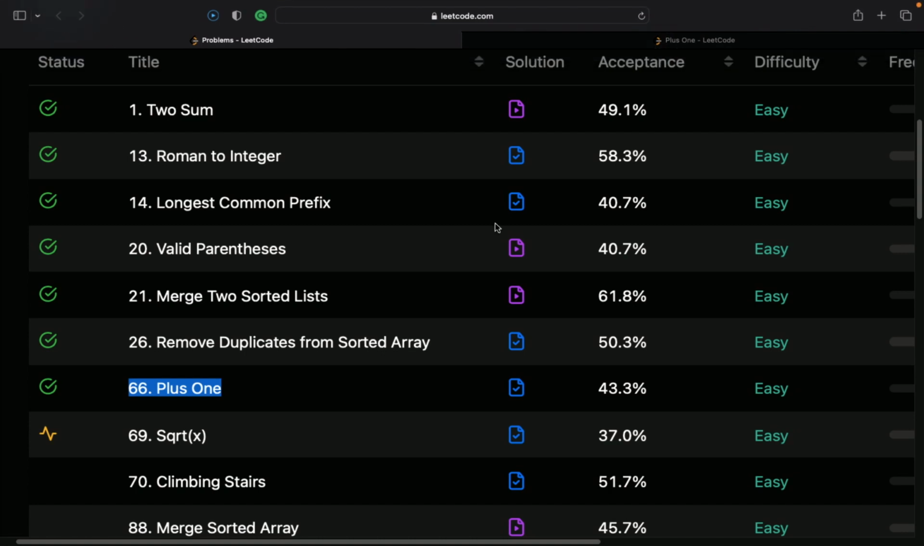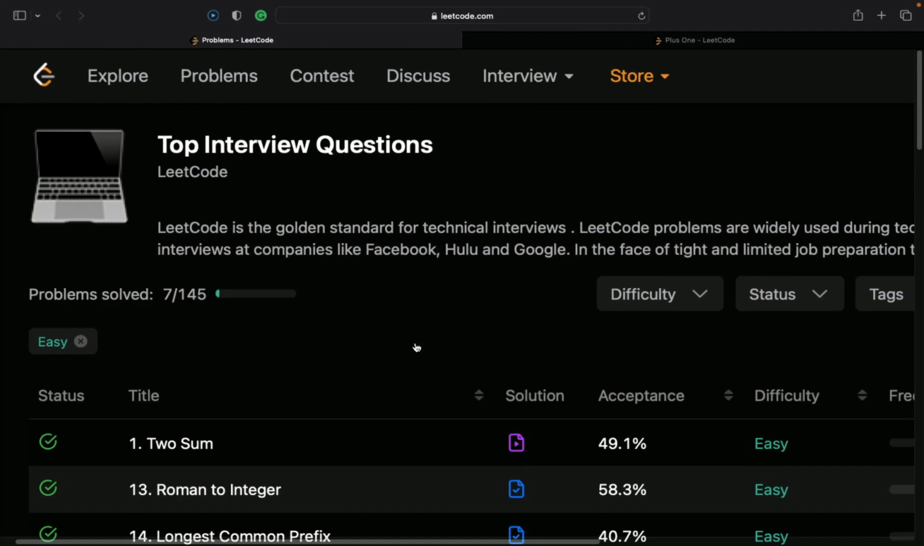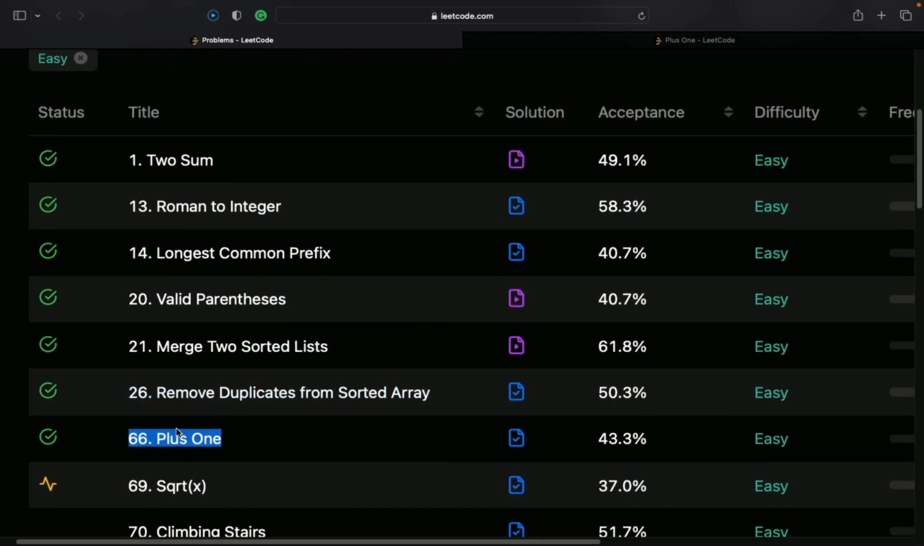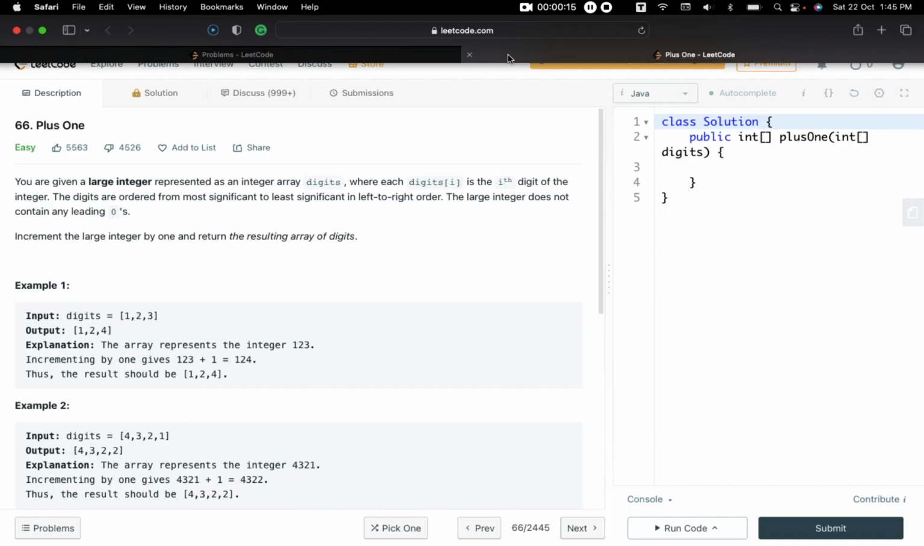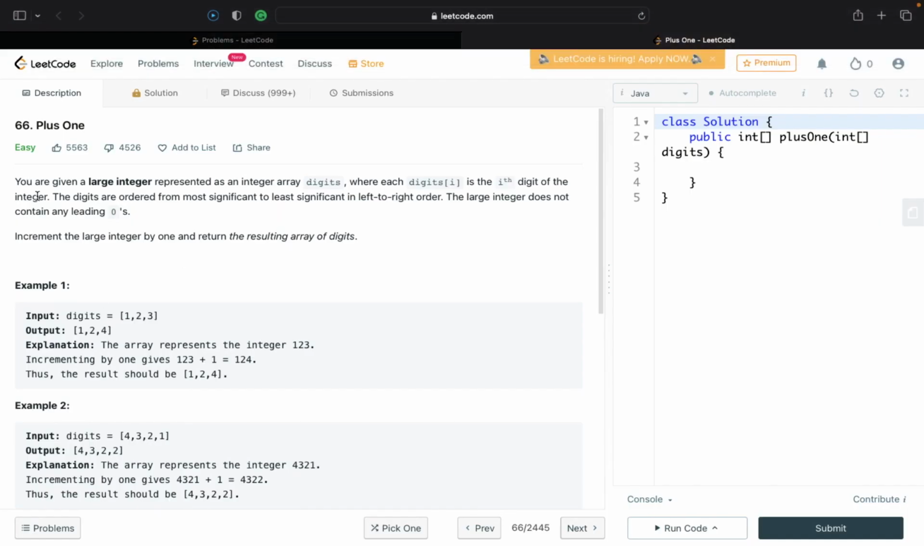Today we'll discuss the 7th of 145 LeetCode top interview questions. So today's problem number is 66, titled Plus One. You are given a large integer represented as an integer array digits, where each digits[i] is the ith digit